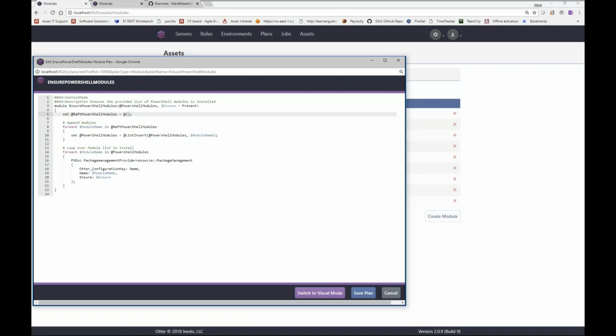Now in this case, we are going to add a couple of modules here. One is going to be the cNtfsAccessControl, and xWindowsUpdate, and xWebAdministration. Basically, that's going to loop over this list of module names, and then we're going to use PSDSC and this PackageManagement provider resource, which you can install from the PowerShell Gallery, and then